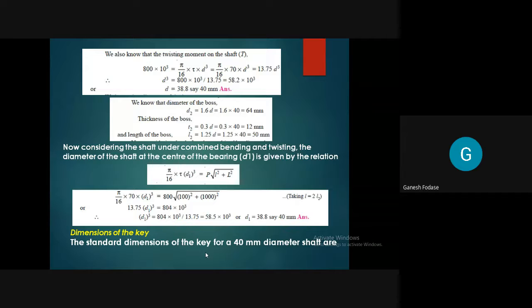It's very simple. Just check your diameter in the diameter column. Check your diameter range. Now here it is 38 and 38.8, but we round up to 40. So our range is 38 to 44 mm. In front of that, check the value of width and the value of height. In our case, it is 12 and 8. So width is 12 and height is 8. If you are in doubt, you can ask. So that's why we take width equal to 12 mm and height, that is thickness, equal to 8 mm. Clear? Otherwise you will get confused. From here, you take these values.